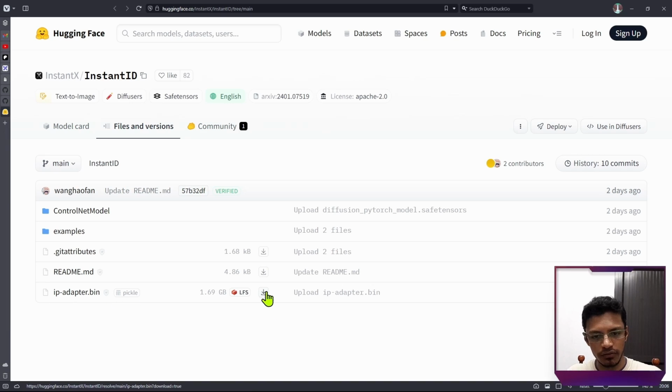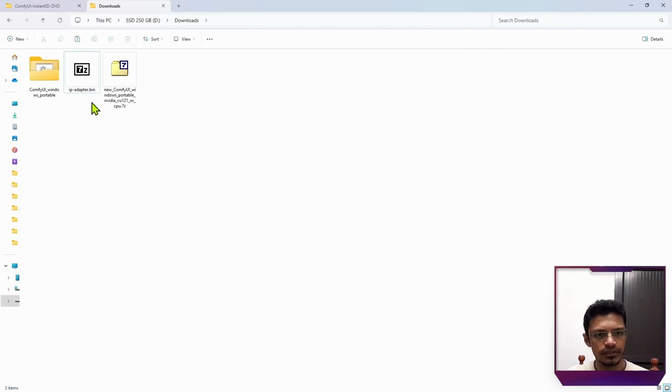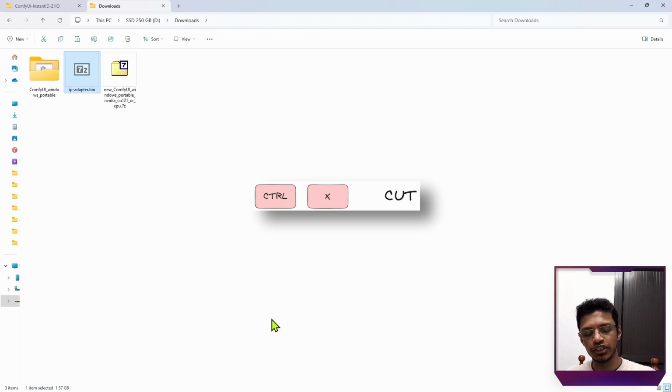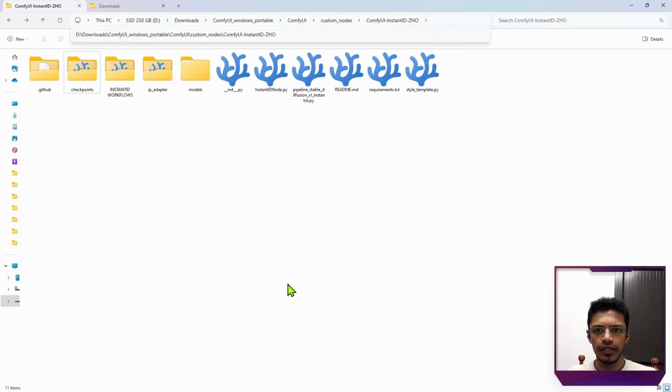So click on this download button, or you can click on the name and click on download. All right, so it's completed. I have the IP adapter.bin file inside my downloads folder. I will select it, press Ctrl X to cut, go into the ComfyUI InstantID project, and you need to go inside